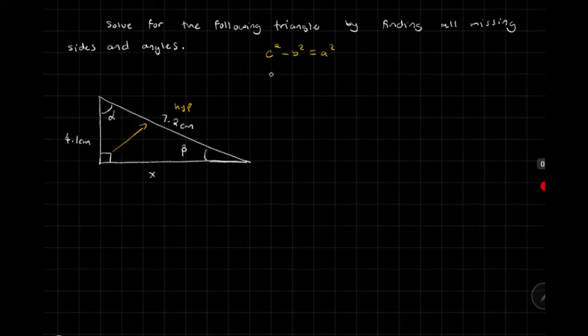In this case, a squared is x squared. So 7.2 squared minus 4.1 squared is equal to x squared. Therefore, x is equal to the square root of 7.2 squared minus 4.1 squared. If I crunch this out in my calculator, it's 7.2 squared minus 4.1 squared, and this is going to give us